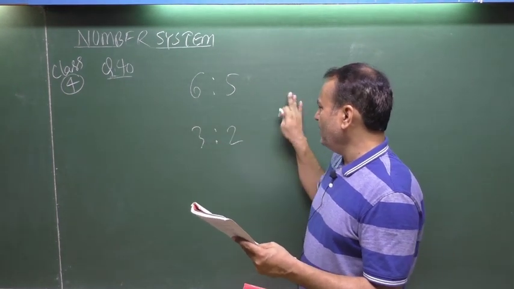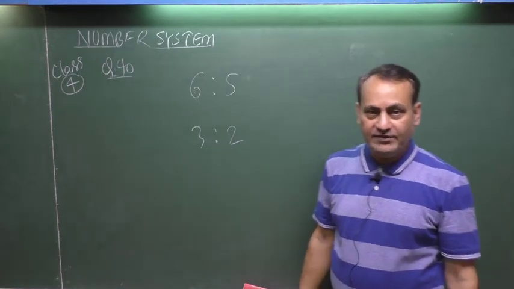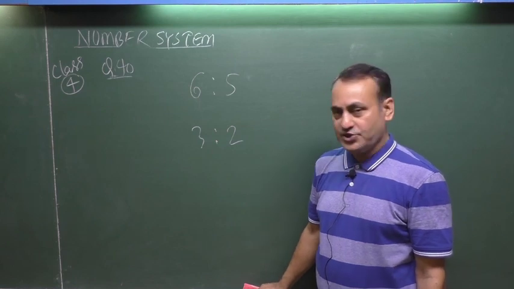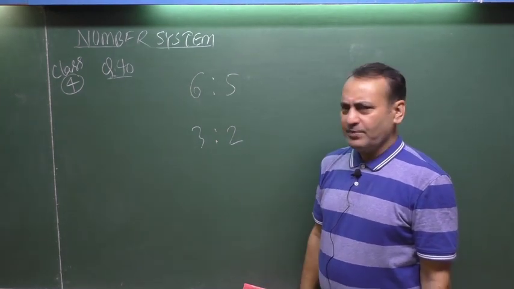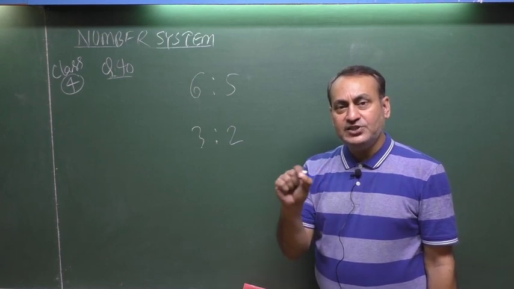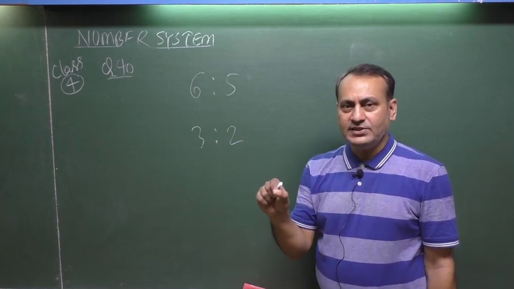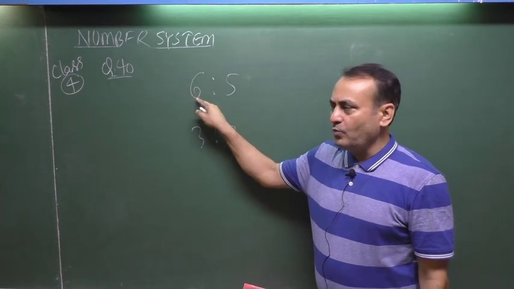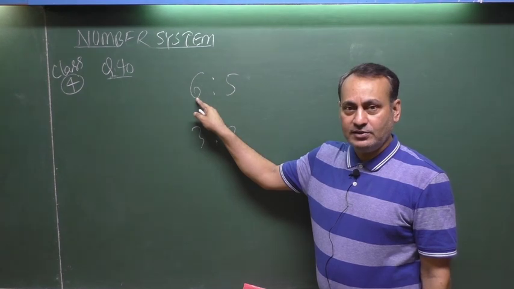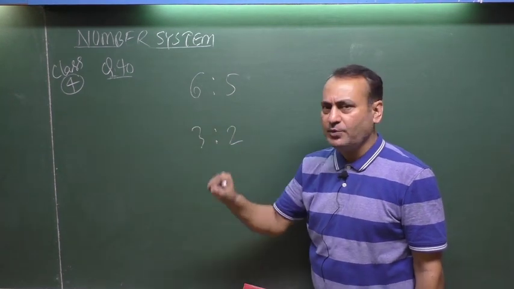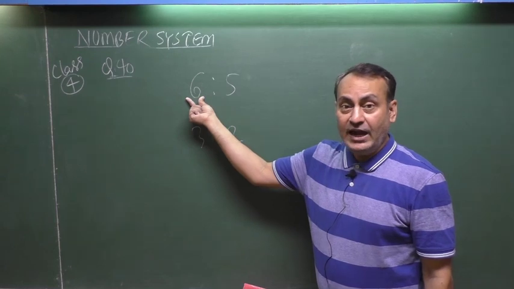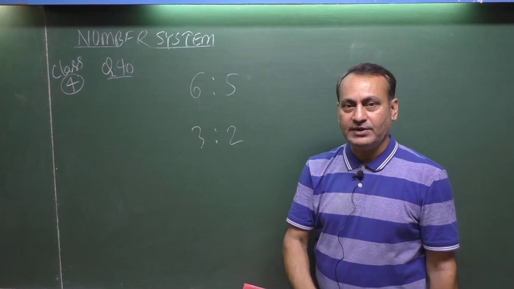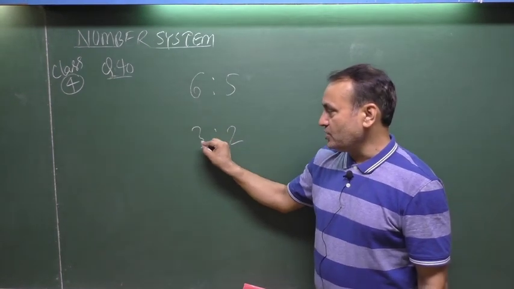See here, the numbers are in the ratio 6:5. After 12 is subtracted from the smaller number, the ratio changes to 3:2. That means the smaller number has been changed by the question, but the bigger number was neither added to nor subtracted from. That means according to the language of the question, this was 6 and this must be 6 here as well, as nothing was added, nothing was subtracted. That means you have to make some changes here.